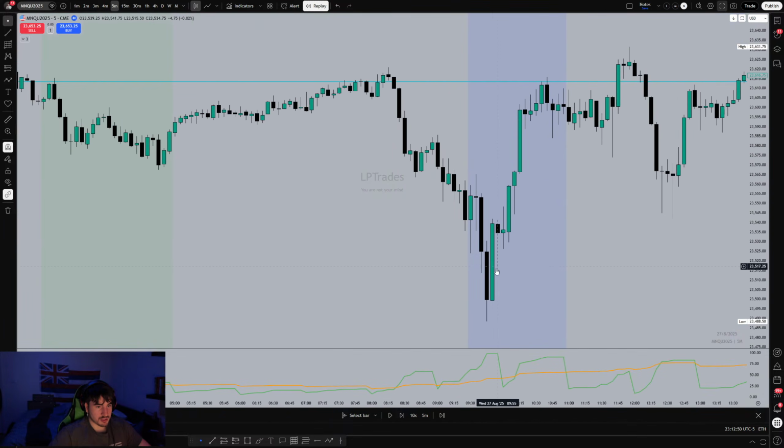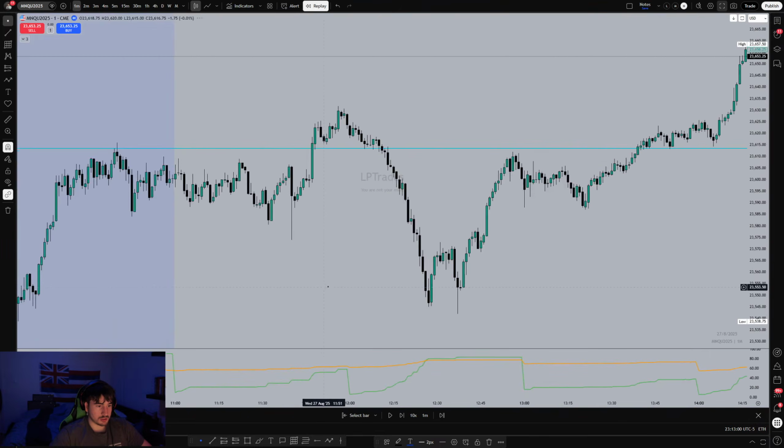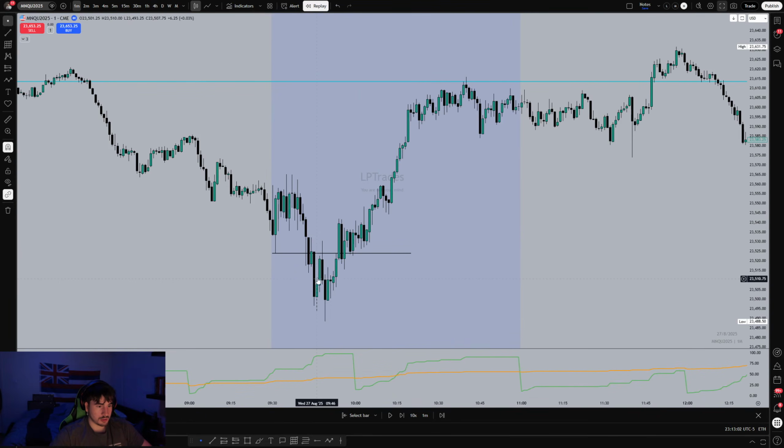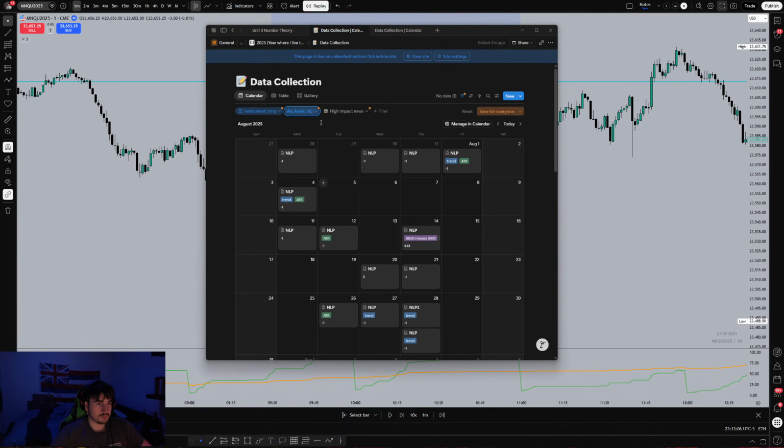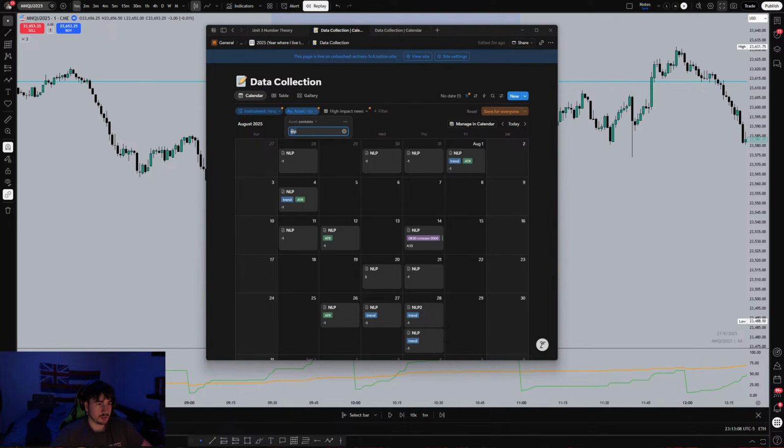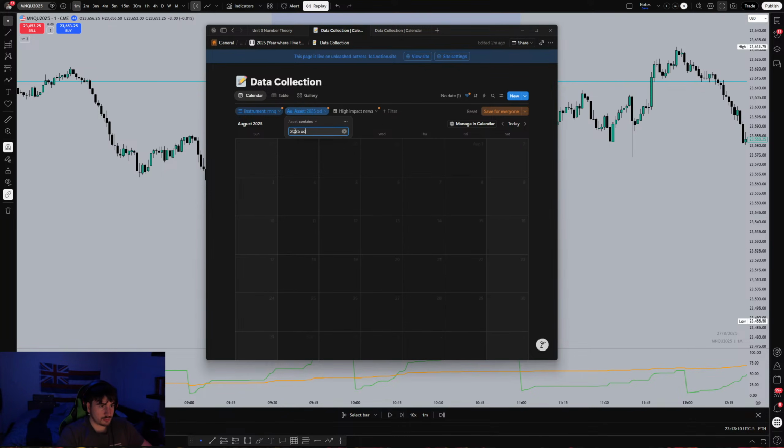That sweep happens. This is a 2025 model though, so the reason I would take this is because this is my model 1. We have a sweep here, and then I'd get long here, it would fail, and I'd get long again. So I think 2025 model,